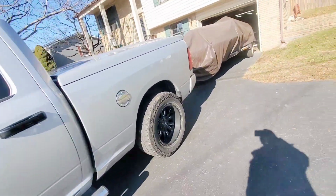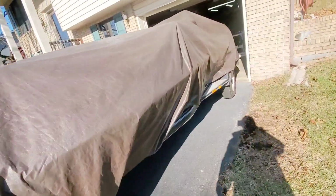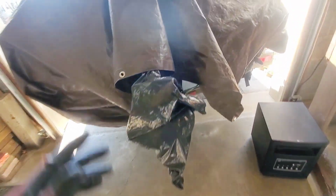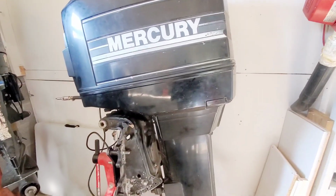Alright, so what we're doing here, I got this, it's completely winterized, but I'm gonna uninstall the V6. I'm sorry, the L6 on Blue Boat, and install the V6, which is right here, which is running right now